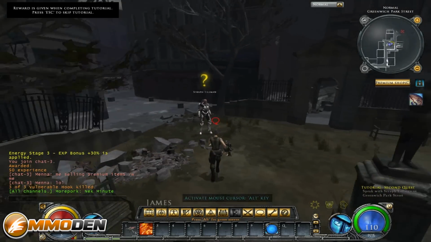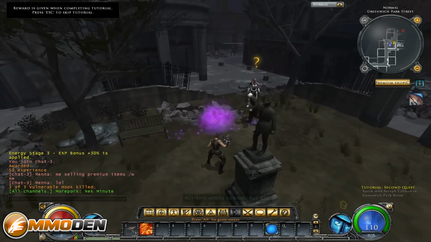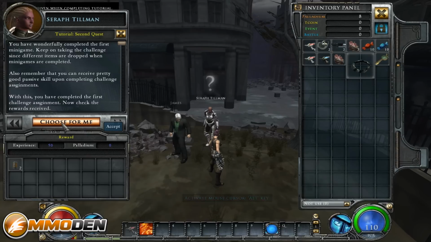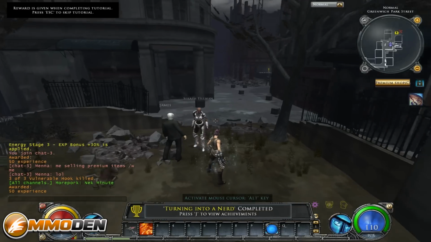Spacebar jumps as usual, and there it is. As you can see, I was too far away, so it's red. As I get closer, this little thing came out of nowhere to try and attack me. But let's go ahead and talk to this guy. And as you can see, it has options when you get through different quests. If you're not sure which item you should pick up that's actually best for your character, you can select this choose for me. Now I only have these adrenaline pills, so I don't know why it says choose for me,